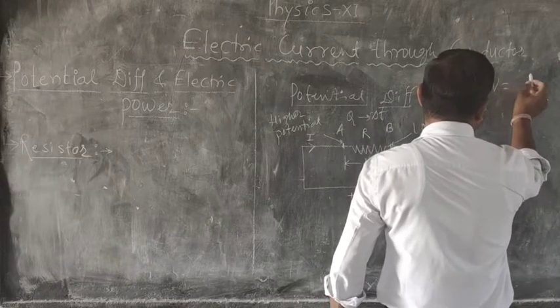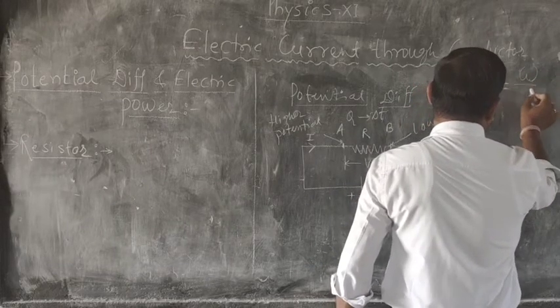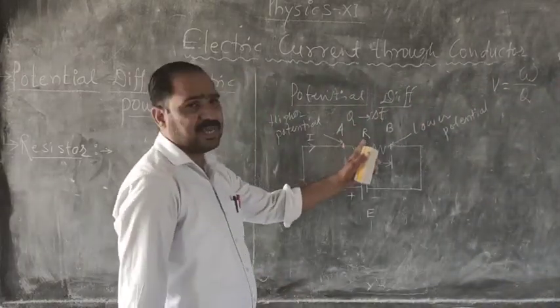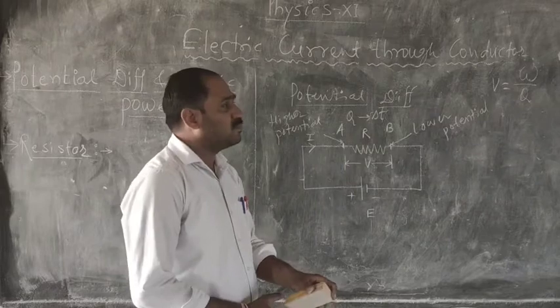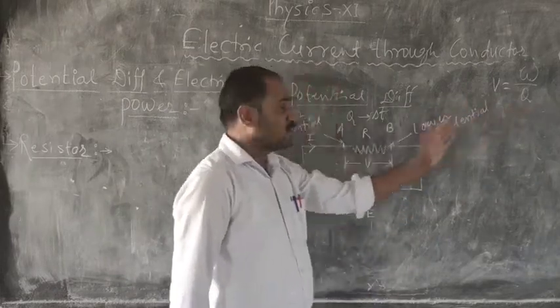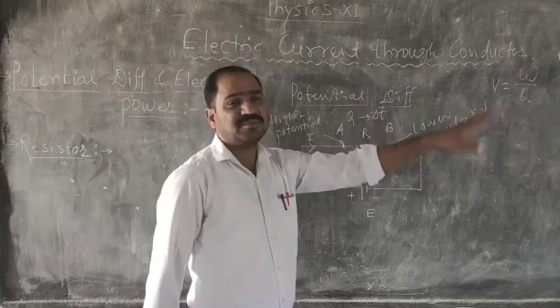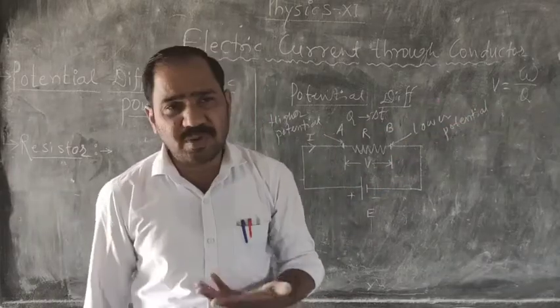that is the work upon charge. Means whatever may be the potential difference is utilized, that is the work done. So here is the work done for flowing the charge from A to B, that is the work. किसके ऊपर हो रहा है? और चार्ज के ऊपर हो रहा है.